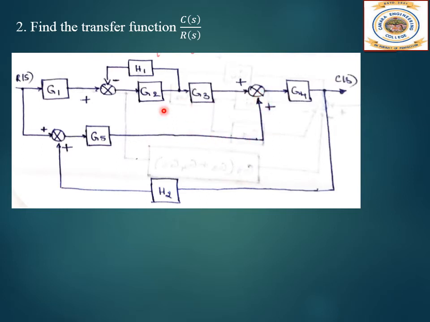And one more, H2 and here H1 and G2. This is a minor feedback loop. So first you can solve this, okay? Or what we'll do is first we'll just split up this one. I told you it's better to have summation only here, as it is easier for us to go from the input to the output through the forward path. All of this will combine with these things only. Okay, so first we will do that, then we will solve for this one. So let me just redraw it.